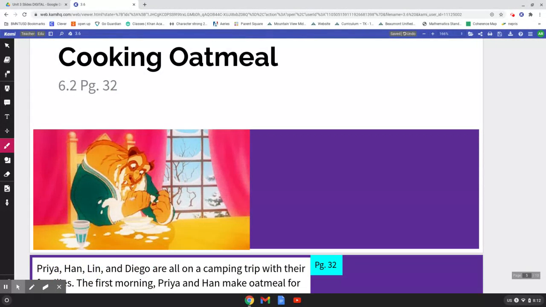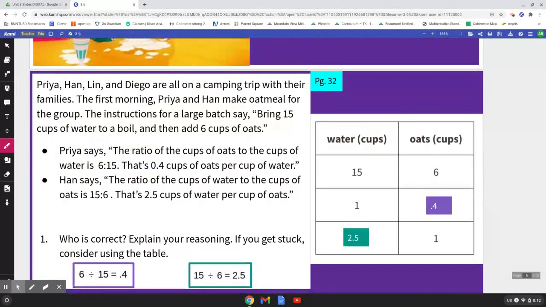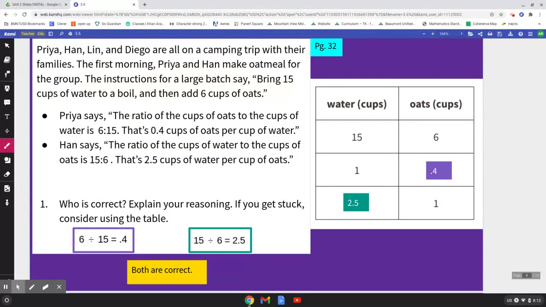So we have cooking oatmeal. You're on page 32 in your book. Okay, so we have Priya, Han, Lynn, and Diego. They are all camping and on a trip with their families. The first morning, Priya and Han make oatmeal for the group. The instructions for a large batch say bring 15 cups of water to a boil and then add 6 cups